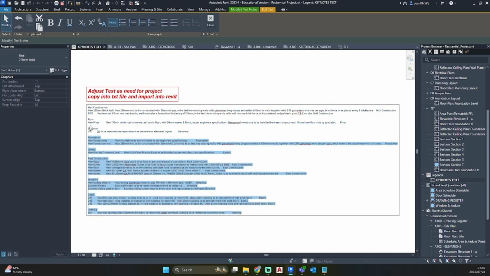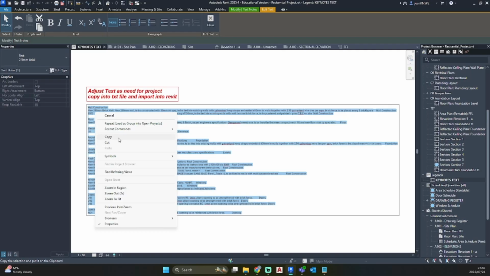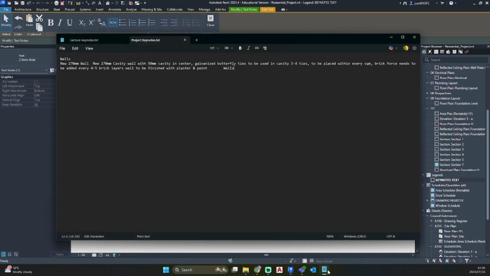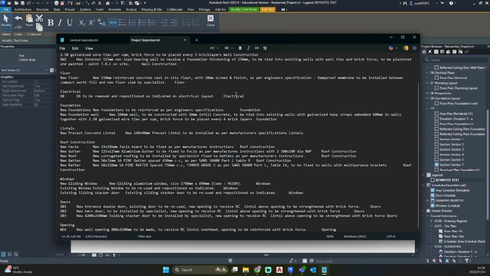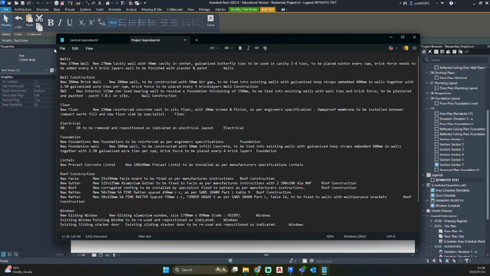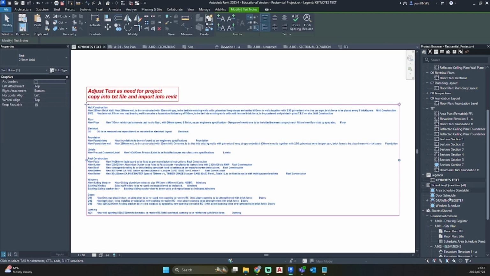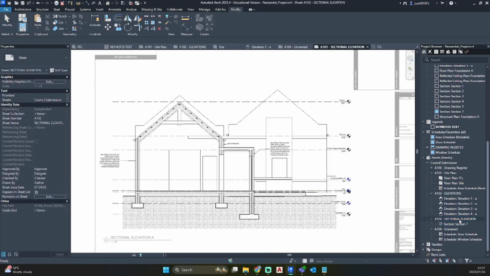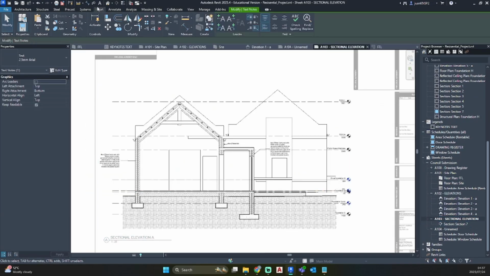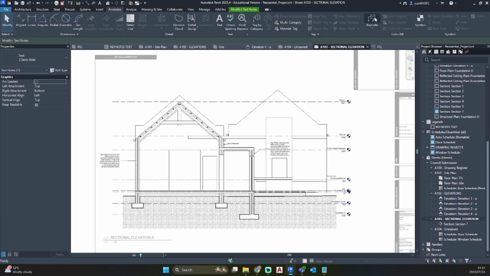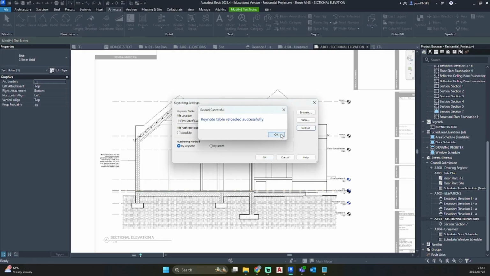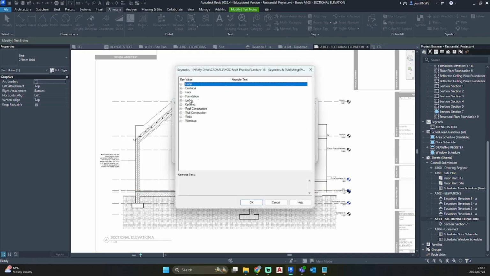So if I take this and I copy this text, copy, go to my text file, I'm just going to hit enter and paste them. File, save, go to my section, and I'm going to go to annotate, keynote settings, reload, view. There is all my keynotes that I use.